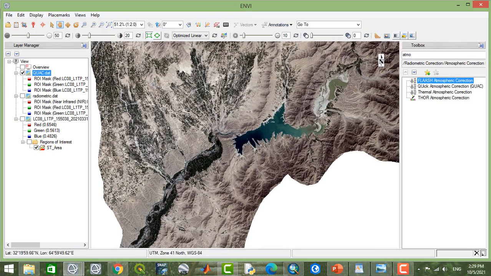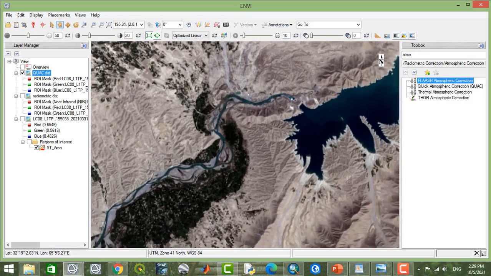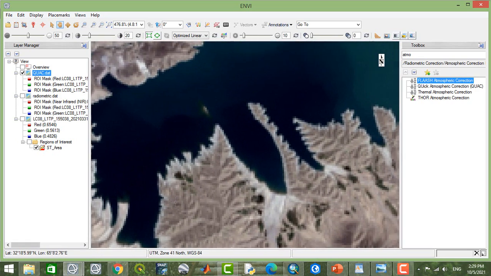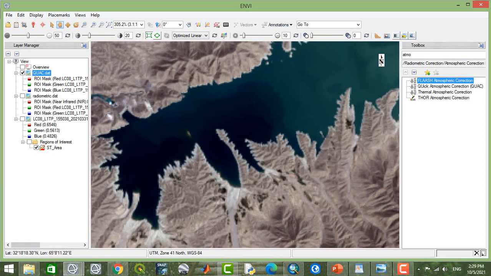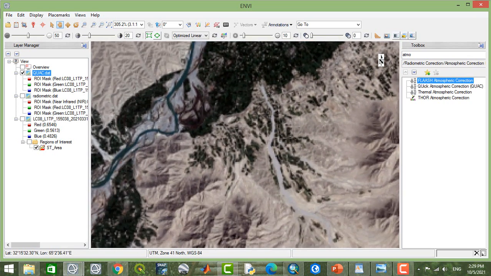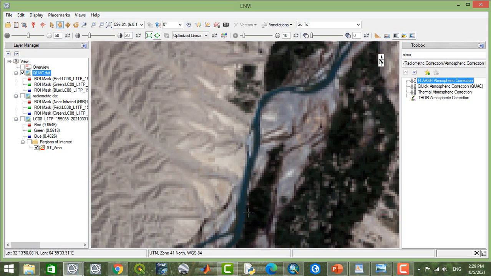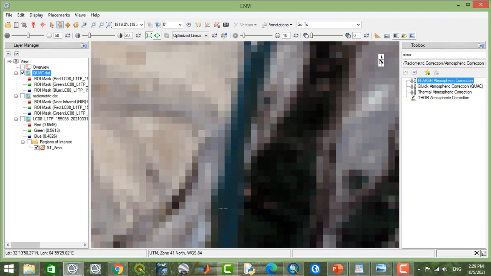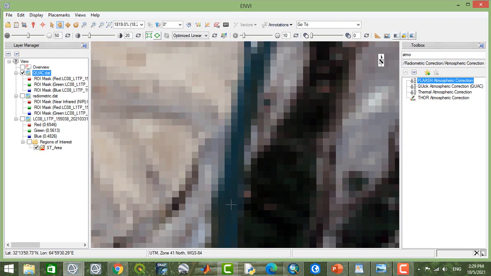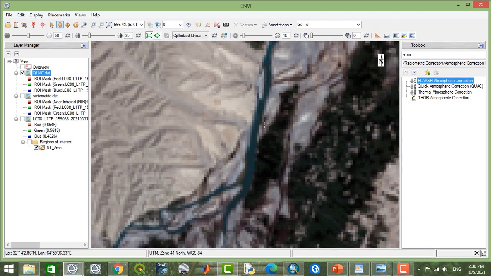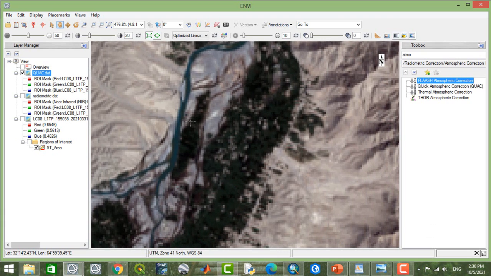And maybe you remember about the pan sharpening bond. Whenever you want to increase the resolution of your image, for example, when I'm going to see the river, in most area the river is only 1 pixel here. If you try to make this better, you need to do pan sharpening,